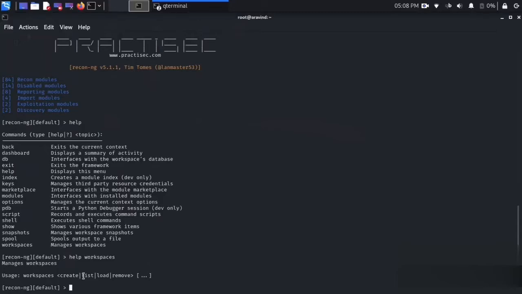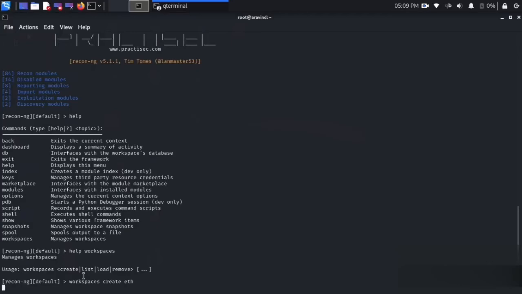So first we have to create a workspace so that we can add a domain into it, and then we look for all the possible hosts associated with the domain. In order to create a workspace, we have to enter workspace space create, then the name we would like to give.